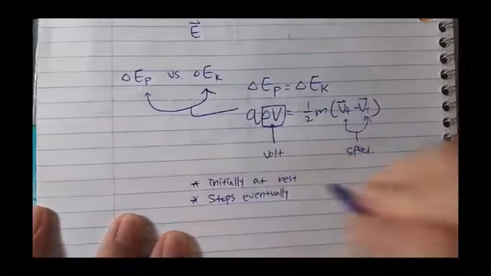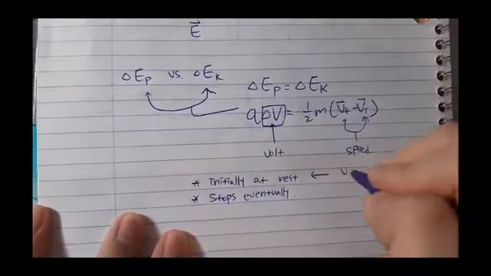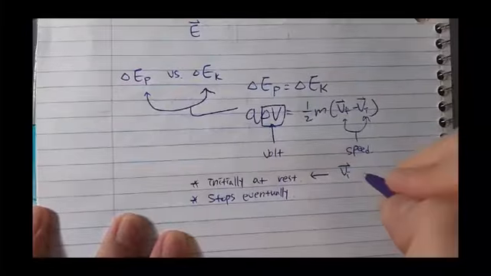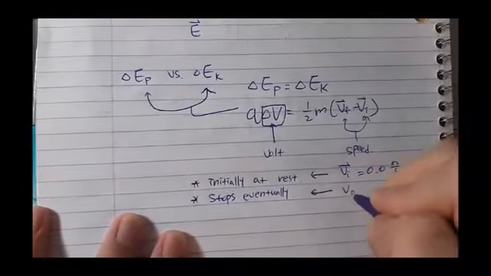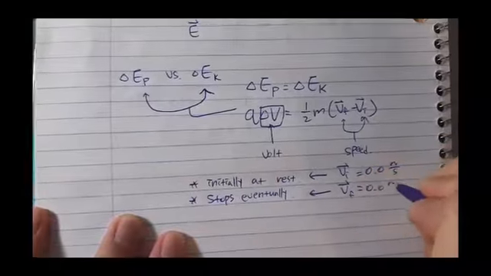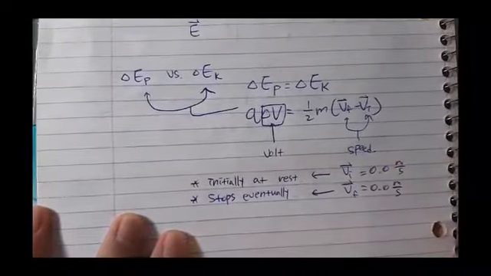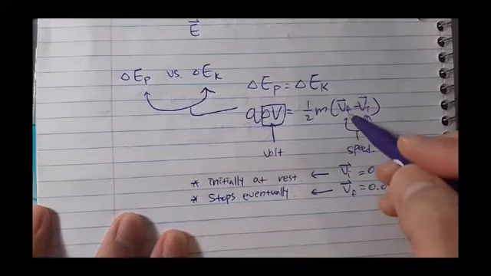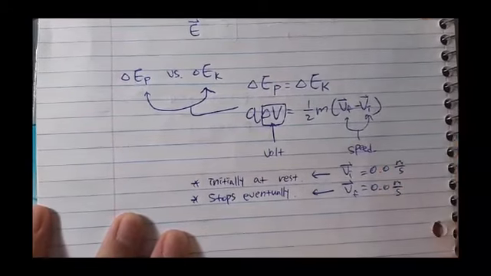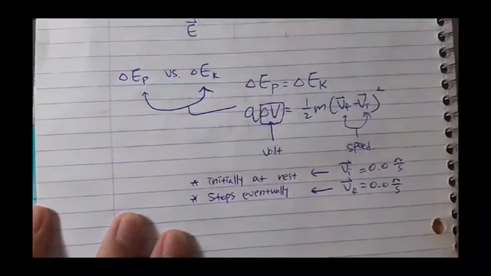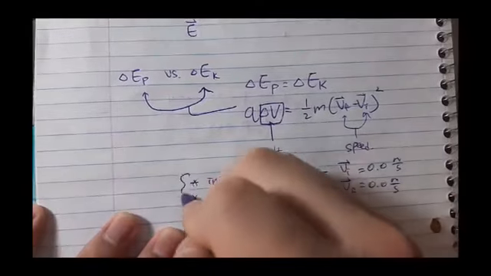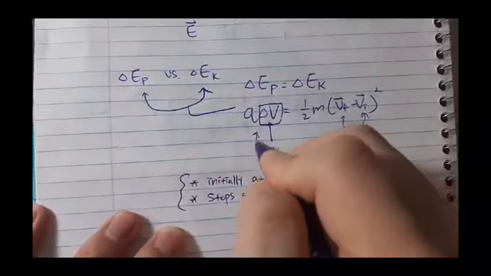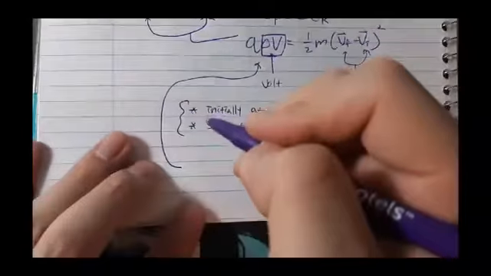I look at these types of clues in detail, because initially at rest means my initial velocity is 0, but if it stops, that means my final velocity is 0. That plays a huge role because you may notice that some of those terms will get canceled out. And by the way, I forgot 1 over 2 m v squared. So that's why I said it's case by case. When it comes to potential differences,